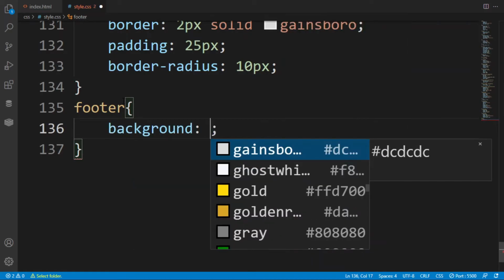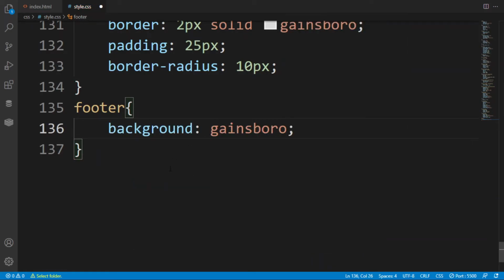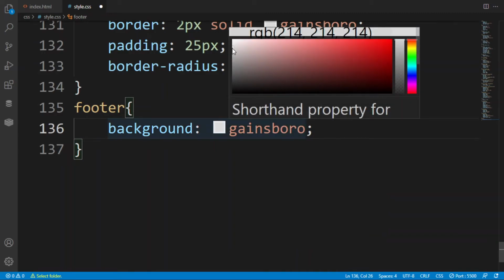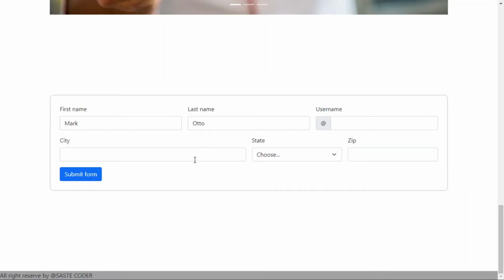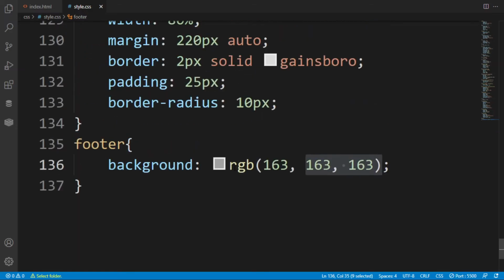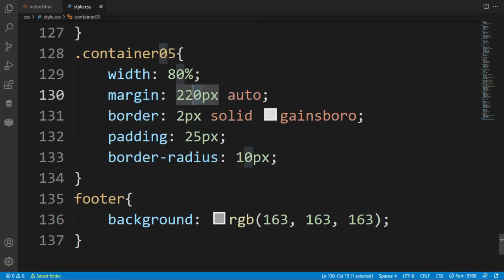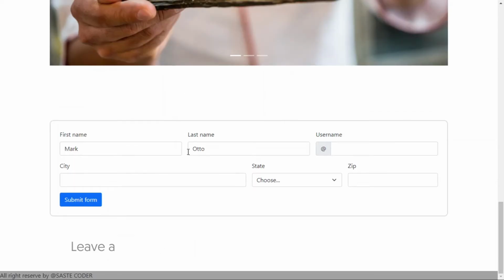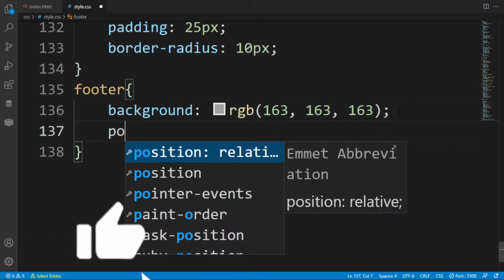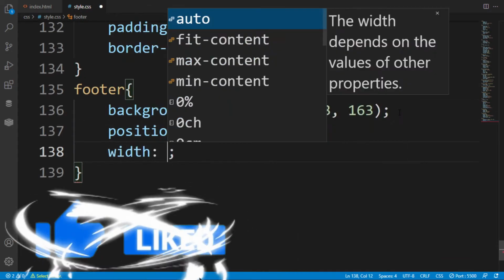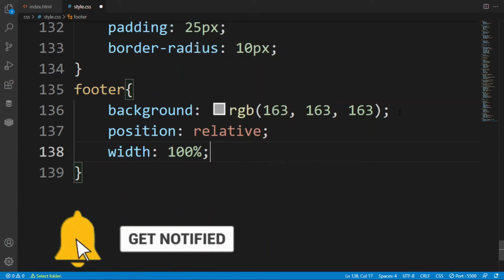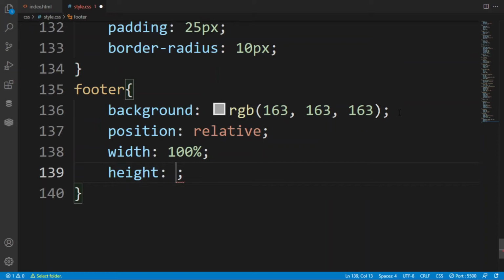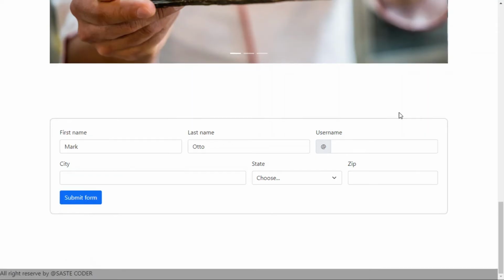Now here giving the background of light gray, shifting it towards the side according to your choice. You can put it, or otherwise it is optional, it depends upon your choice. Now here in this I want the margin to be 150 pixel. Now after that, position is relative and width will be 100%, height will be 130 pixel.